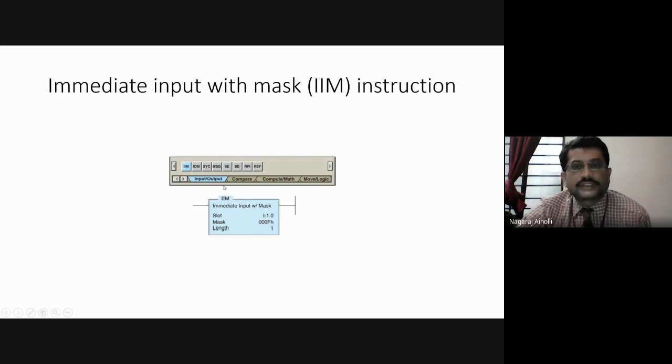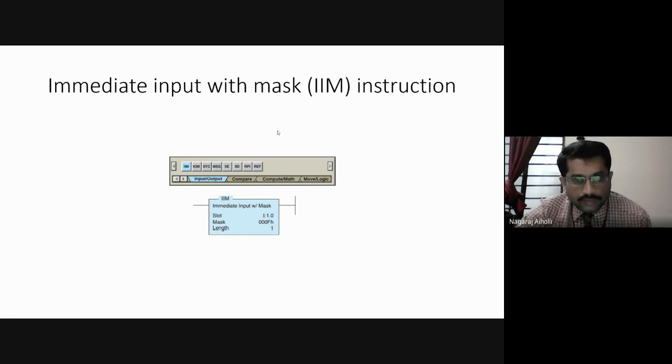Here we have the slot. The first portion of the instruction is the slot, which indicates that it is an input. I means input, 1 means it is the slot number, and 0 means it is the word. I indicates input, colon 1 indicates the slot number, and dot 0 indicates the word number, which word it is, right?